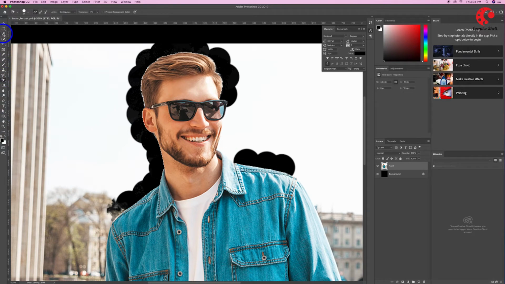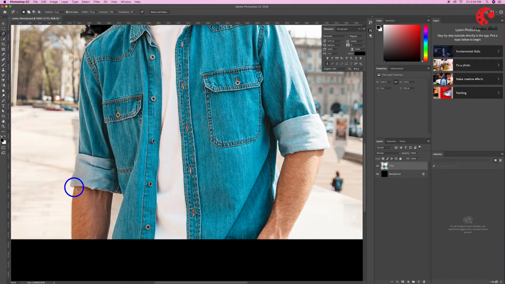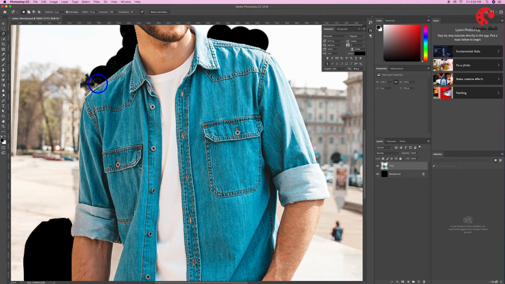Now select the magnetic lasso tool. You can use this tool around the clothes. Click on the outline of the hand and start dragging your mouse around the outline. It will start drawing the nodes on its own. Once done, just drag the mouse towards the first node and press enter. The nodes will create a masking area of dotted lines. Press delete and the background will vanish.